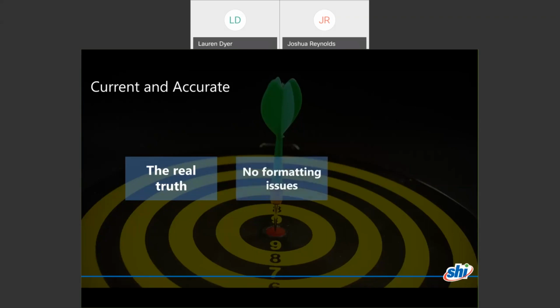Another thing I want to talk about for current and accurate is that there are no formatting issues. What I mean by that is, if you think back to earlier in the presentation, we talked about a spreadsheet. All the different reports that you run are all structured differently. The names of things are different. The headers are different. Then if I'm trying to build an asset record, I've got to figure out, okay, of the 6 different ways